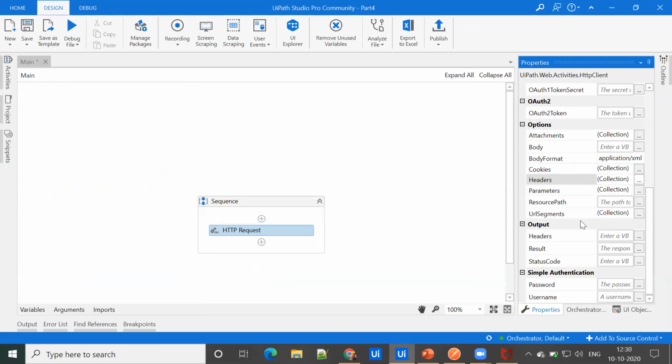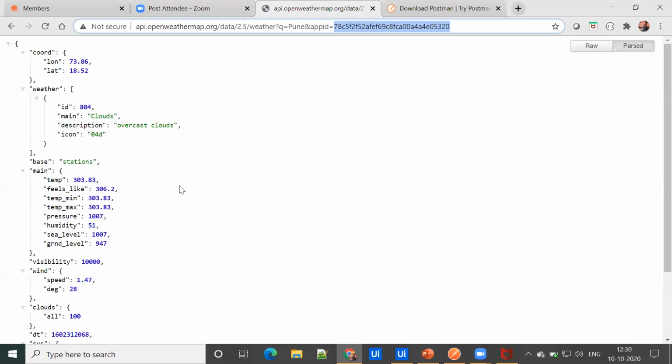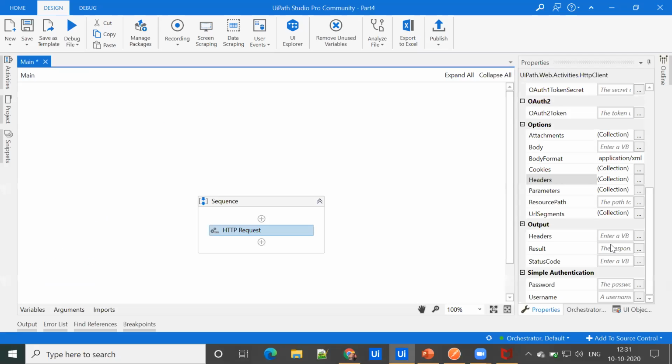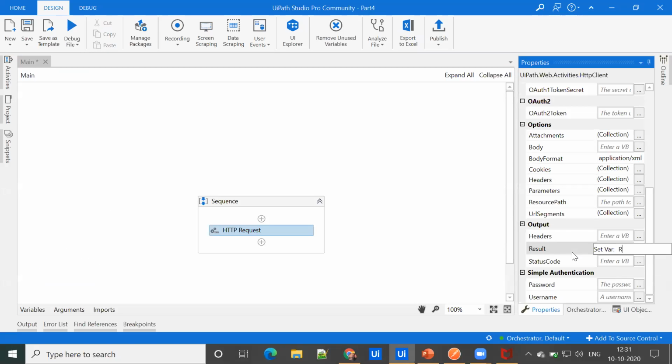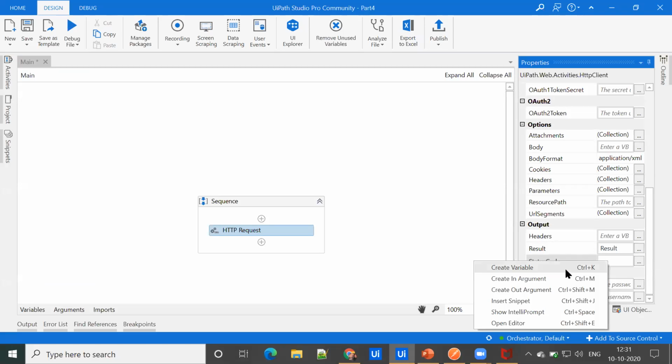Now, in the output, it is providing a result, right? Whatever we have got, the weather forecast of the city, it will be stored in this result section. So let's create a variable for it. Let's say result. And let's create a status code. With the help of the status code, we get to know whether our API call is successful or failed. So let's create one variable for it.